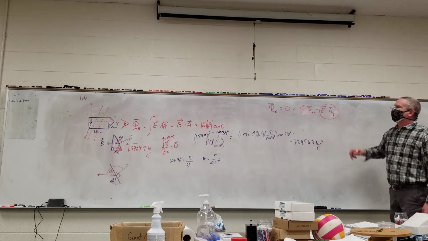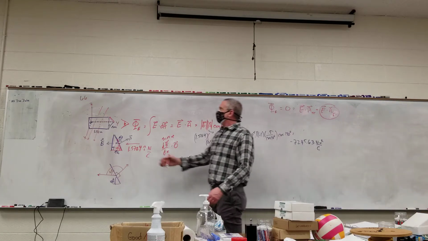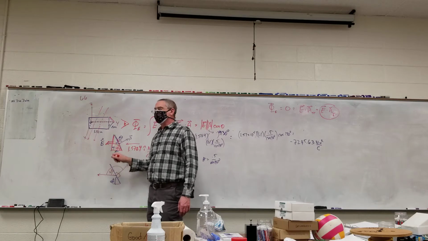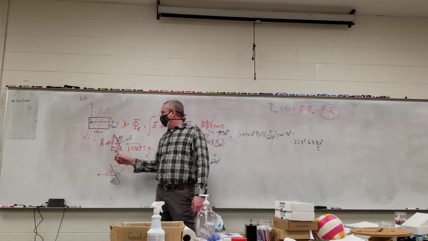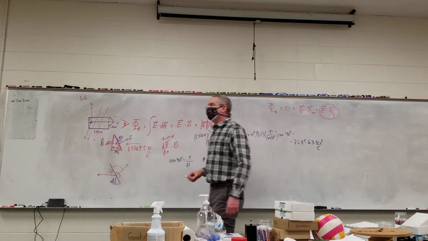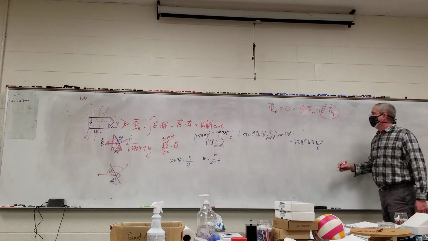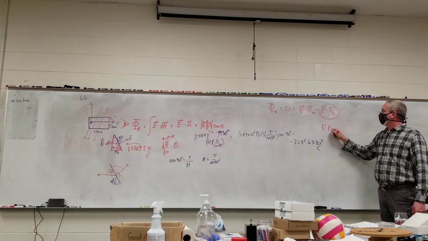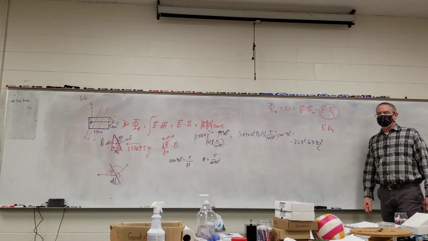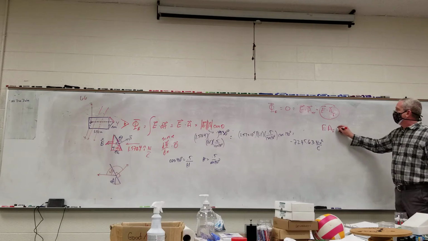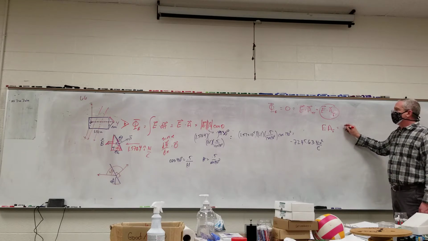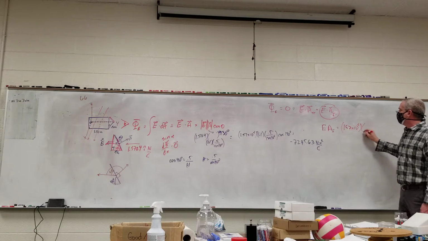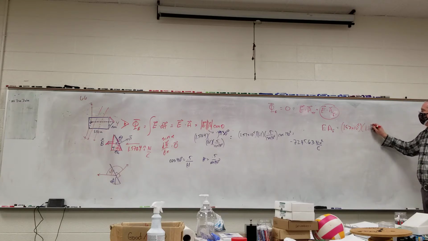And so if we looked at that, because the electric field is perpendicular to this side right here, or parallel to the area vector, that just becomes the electric field times the area of the front, times cosine of 0 degrees, which is 1.57 times 10 to the 4th times the area of the front, which is 1.1 times